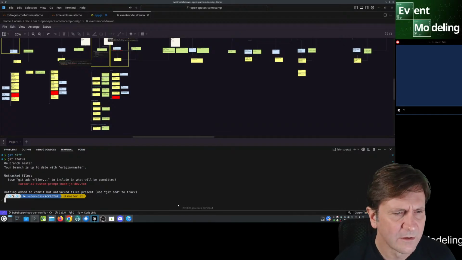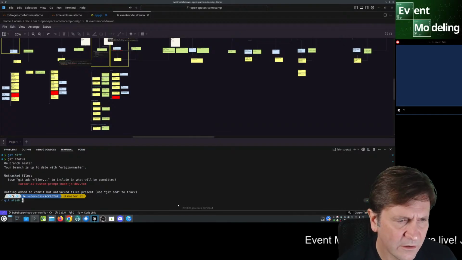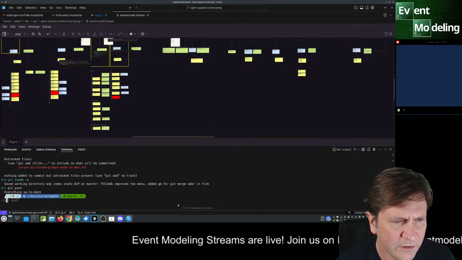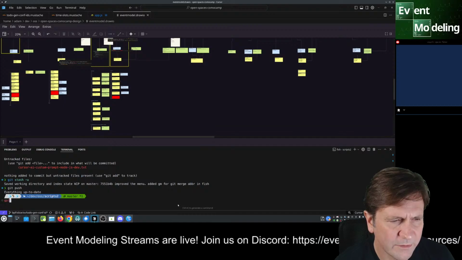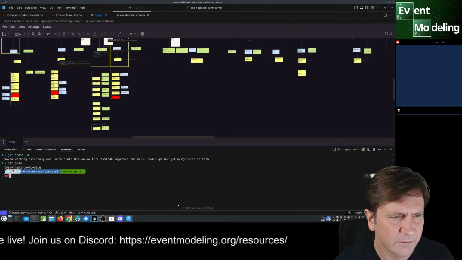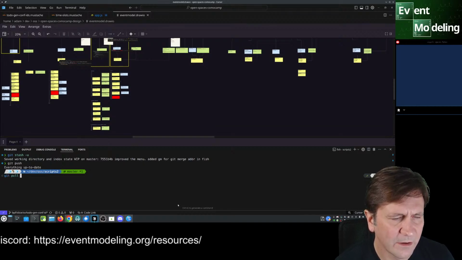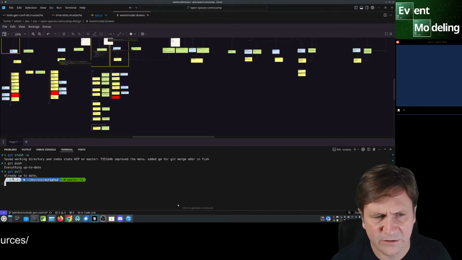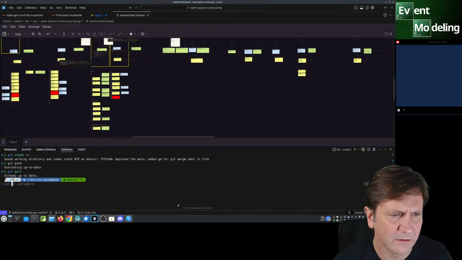That was git stash git pull. No, it's pushing. Git, is it PL? GPL? GL? Yeah, GL.